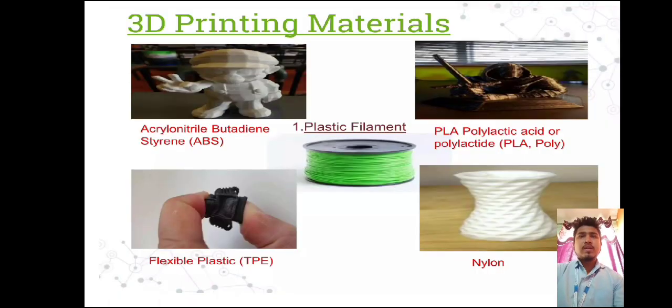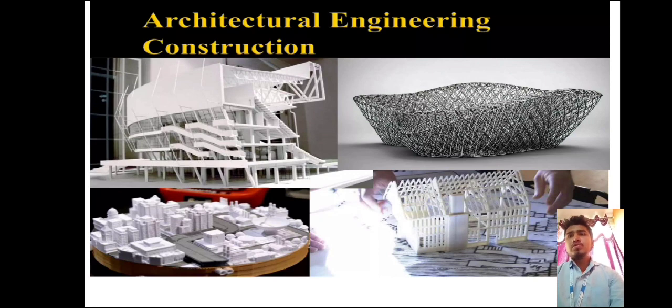3D printing materials. There are many types of materials used for 3D printing, like ABS, PLA, TP, and nylon. These are the plastic filaments. But in architecture and engineering, there are also many 3D printers used for making designs of